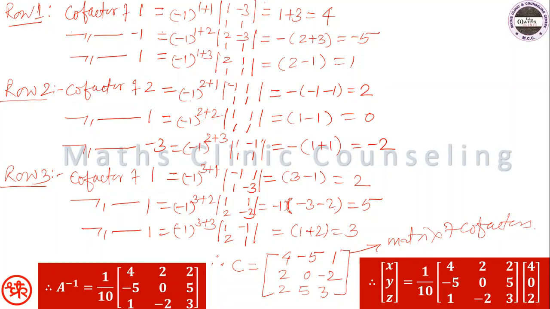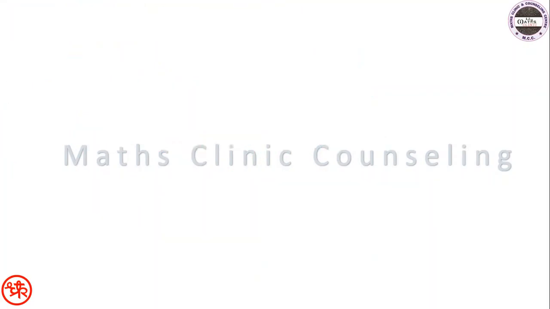Okay, so therefore adjoint A is equal to क्या हो जाएगा, C ट्रांसपोज। तो C का ट्रांसपोज लेंगे अब, तो C का ट्रांसपोज, पहला कॉलम था 4 2 2, वो रो हो जाएगा 4 2 2। दूसरा कॉलम -5 0 5, और तीसरा होगा 1 -2 3। सो ये हो गया एडजॉइंट ऑफ ए।